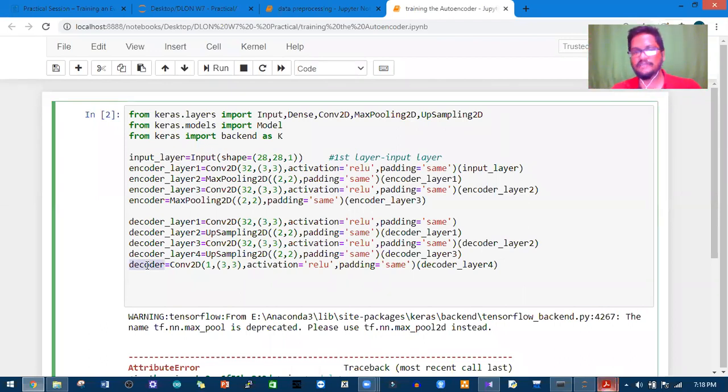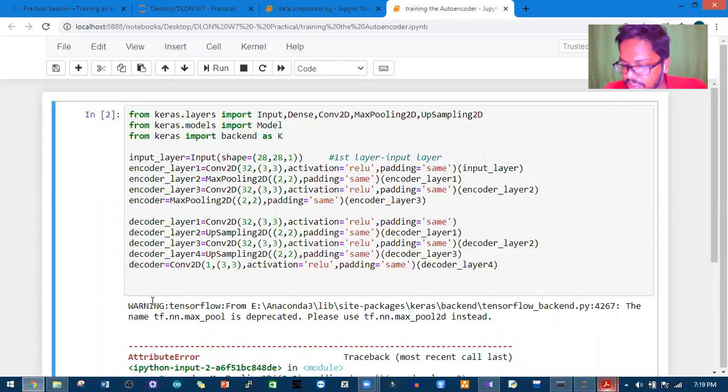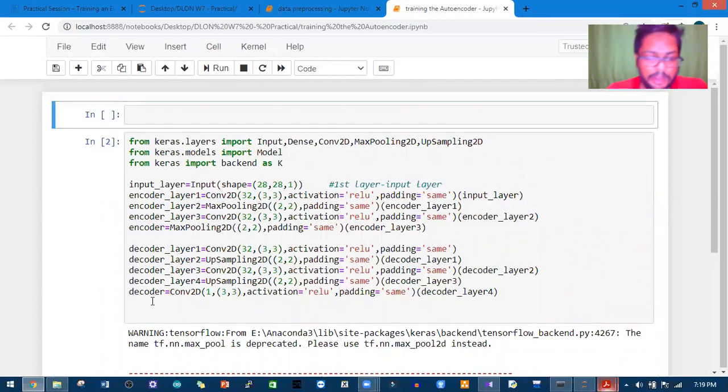Now you can identify the difference between the sequential model and this method. With this method, we define the layers separately, but at the end we append the previous layers and create the whole model. That's how it's done. After appending layer by layer, we have the encoder here and the decoder here, right? So now we can create the autoencoder by